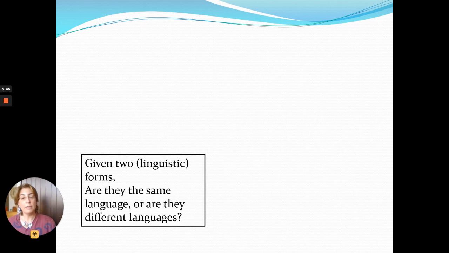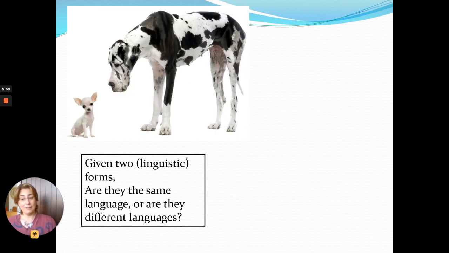And then you might end up with a situation in which two objects that look very different from a perceptual point of view, two languages that sound very different, that have very different structures and very different morphology, are actually the same linguistic category. They're actually the same language. They are two dialects of the same language,